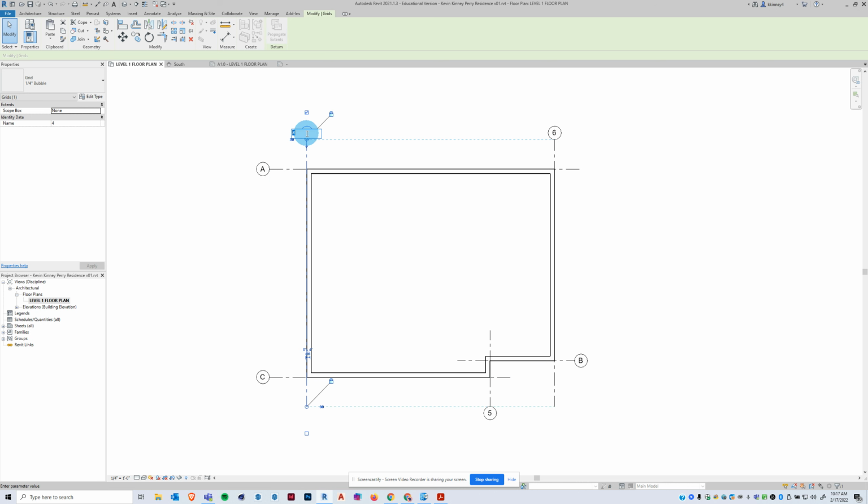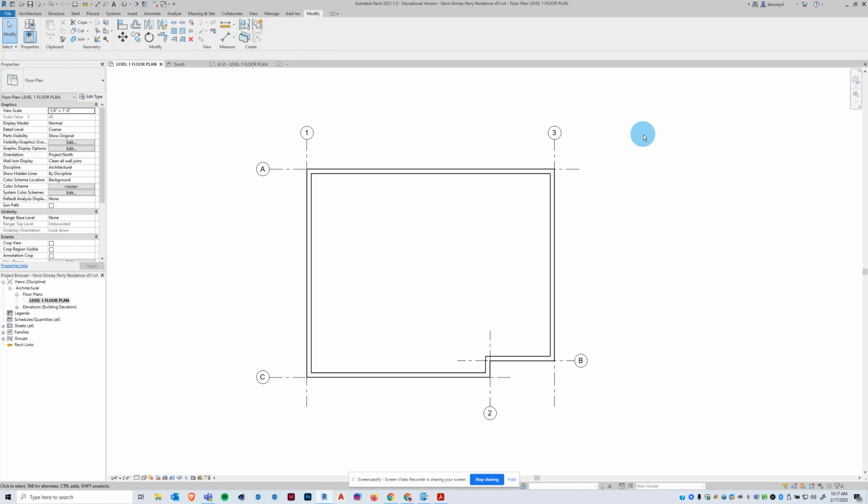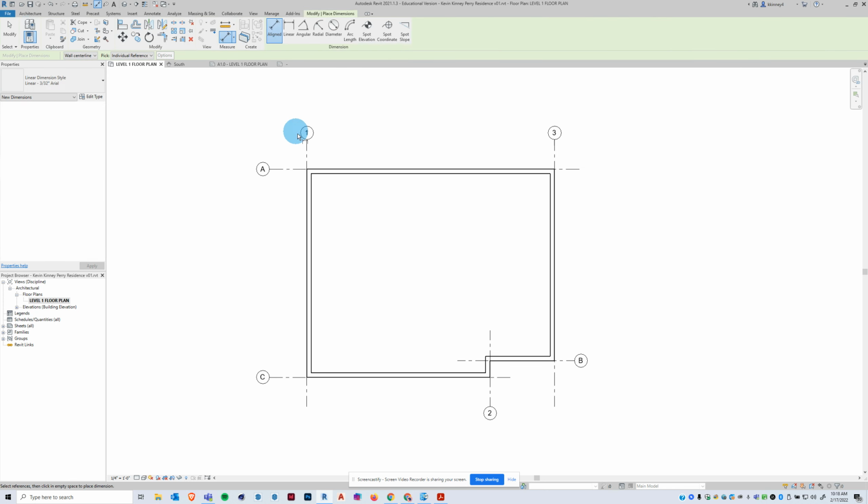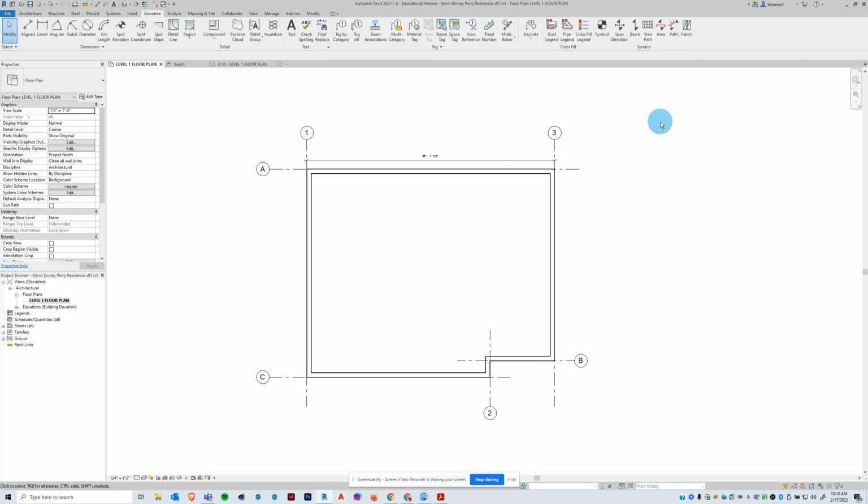And this one, 1, 2, and 3. All right, that's a really nice setup for our house project here. I'm going to add one dimension string between 1 and 3 just so you get a feel for it. I'm going to go to Annotate, Aligned. I'm just going to click here, here, and I'll just put it right there. Okay, so there, we have a dimension string in, we have our grid lines in, and we have our exterior